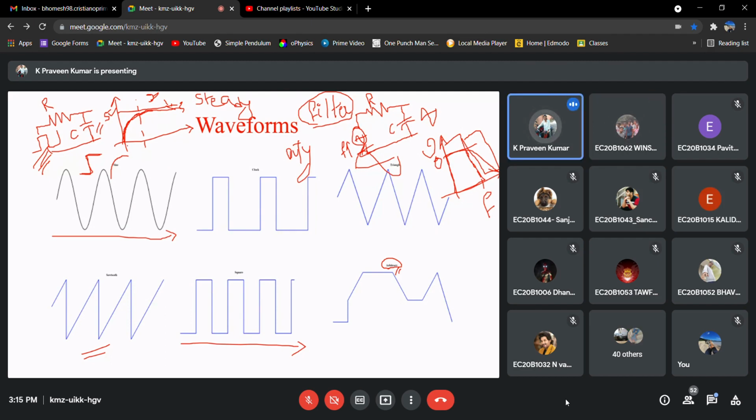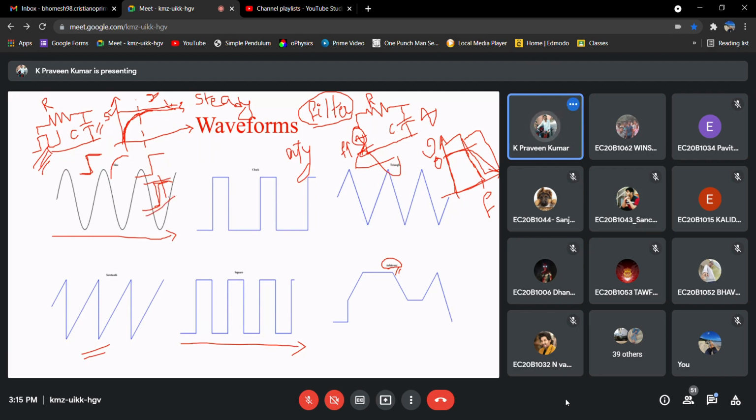That's why I'm saying sudden changes in the sense it won't respond exactly. If you apply a pulse like this across the capacitor, you cannot expect the same voltage exactly at that instant. It will take some time to settle down. So with respect to this, I can't see the frequency response.